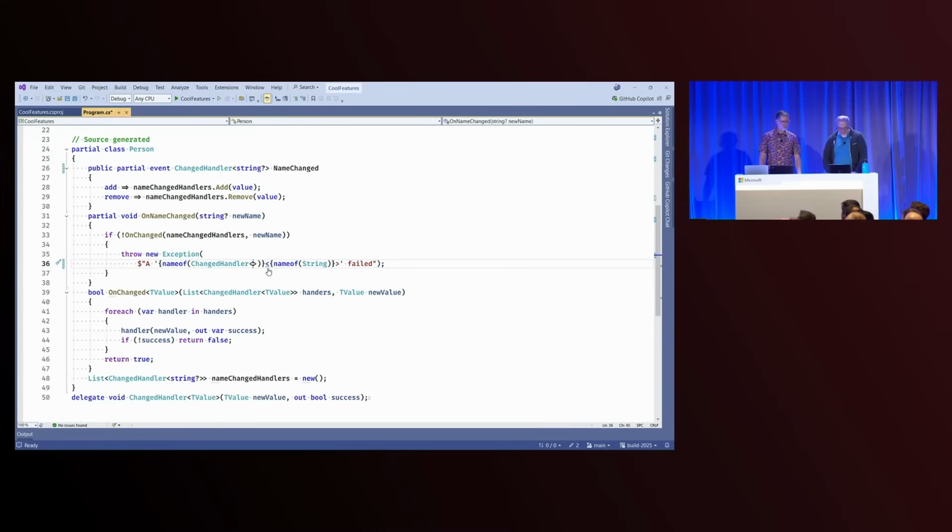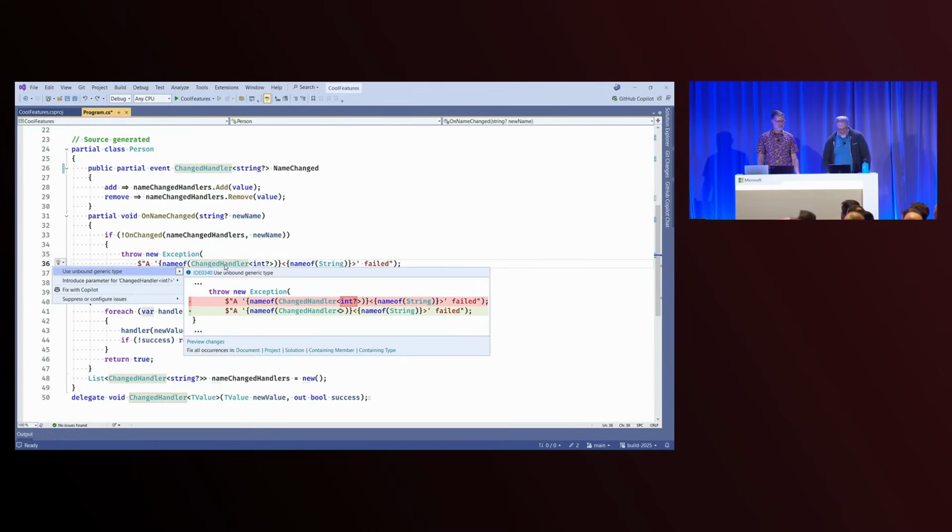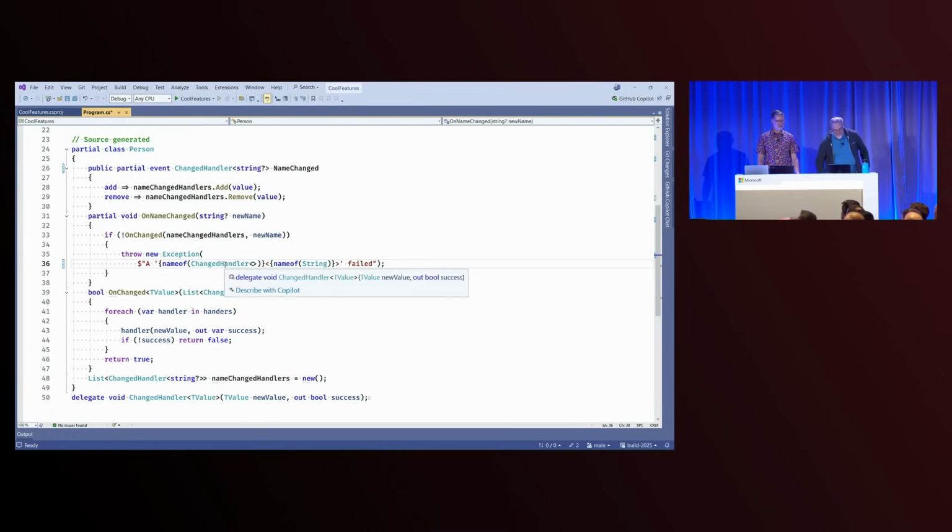Yeah. I didn't use it, but we even took the time to give you a little code fix for it as well. Okay, cool. Those were little features, right? Yeah. Let's do something that's a little more impactful.